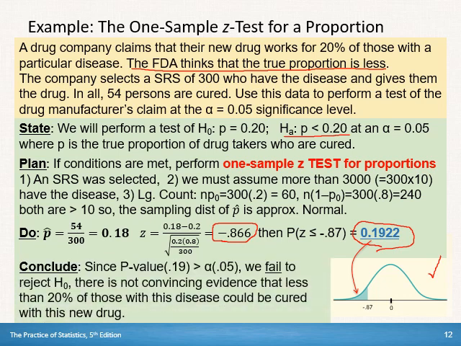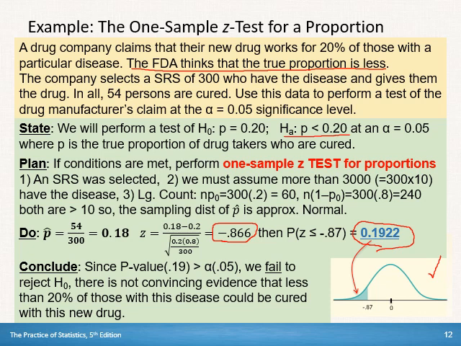All right, and then the conclusion. Three components. So we compare our p-value. I usually put mine right in there. So the p-value, and then kind of in parentheses, of 0.19 is greater than our alpha of 0.05. So therefore, the p-value is not small enough. We could have gotten this result pretty frequently, 19% of the time. It's not that rare. So we would fail to reject H naught, and then we